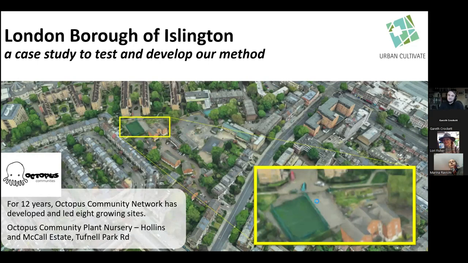It's an area to the right of this sports pitch. There's a better photograph of it in a moment. And the reason I picked this out is not only because they are a great proponent of the project Urban Cultivate, but also they have very much a local food supply chain pretty much in that plant nursery. So if you have a moment, perhaps after the busyness of Christmas and you're in London, head over to Tufnell